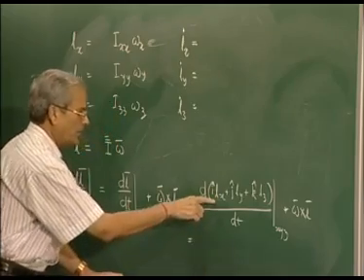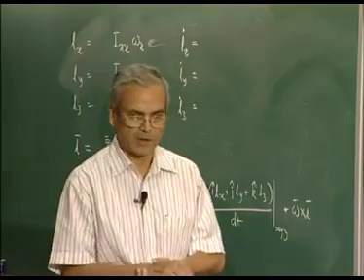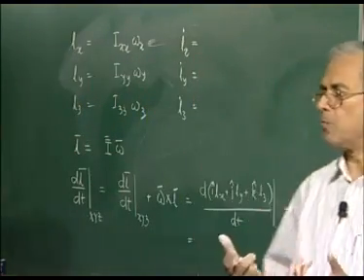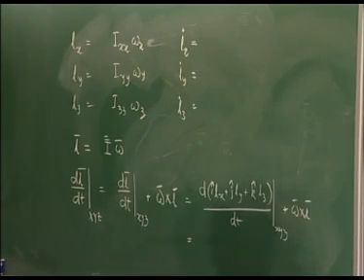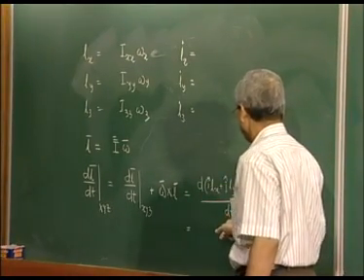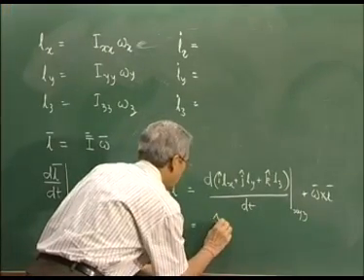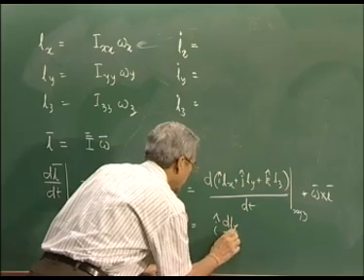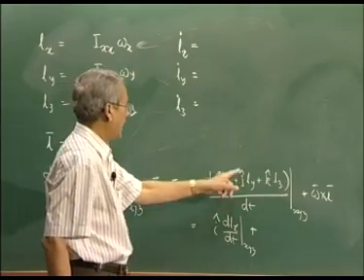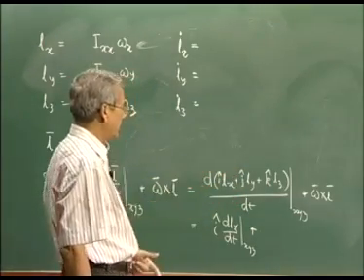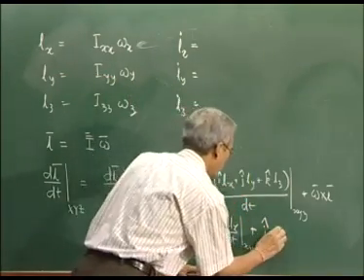This now splits up into these three components. Now, i is a unit vector along the small x direction. Therefore, with respect to the small xyz system, that vector i does not have any change. So d i hat/dt will be 0. So it will be i hat dLx/dt in the xyz system, plus similarly j hat, that unit vector also in the xyz system is fixed, so it will not have any change. So when you differentiate this, you will get